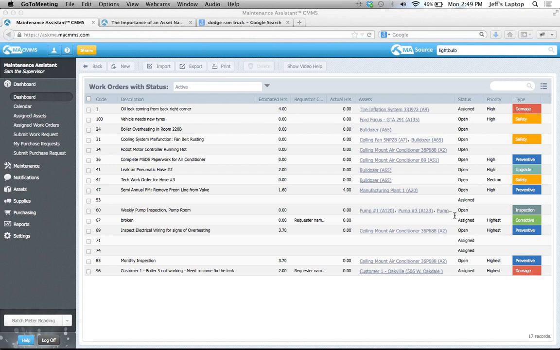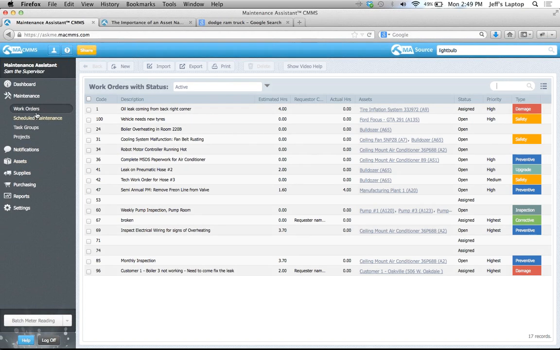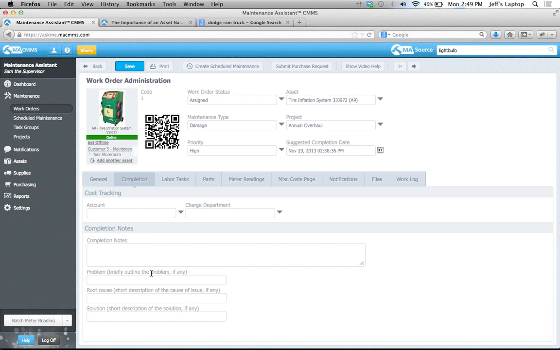See, there is another question there. I think, can you set up reason codes to allow fault analysis to be done? So right now in the CMMS, we do have an open field that is there in the completion. So I presume reason codes is your problem, cause, solution. It's your failure codes. So right now we do have our root cause here, which is an open field. We didn't build this functionality in yet. It's just an open field where you can type in, it's